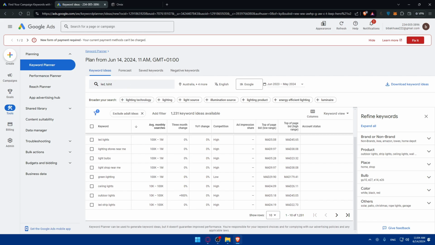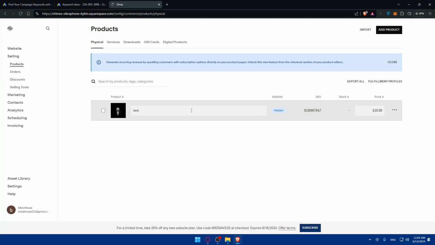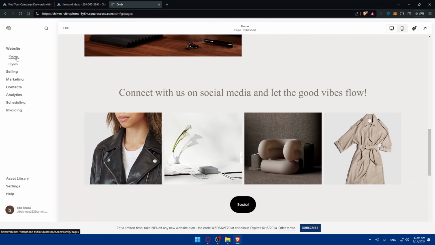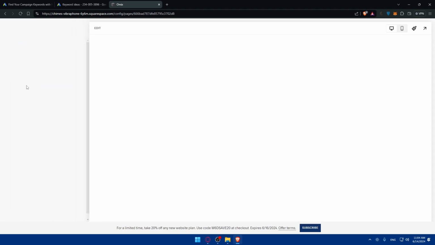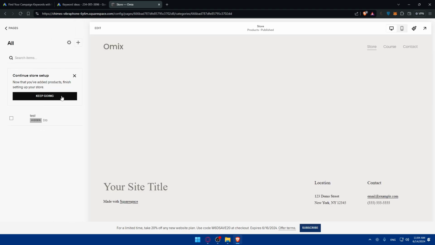Now, next, you can optimize, of course, your page titles and meta descriptions, so you can navigate into pages. As an example, go to websites, navigate into pages, and basically in this section in websites, click on each page one by one. So this page specifically, as an example,